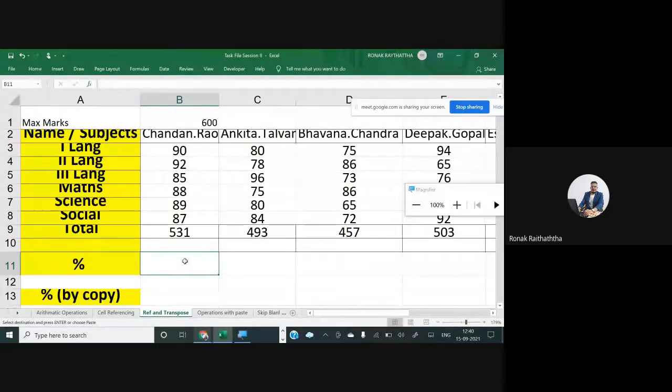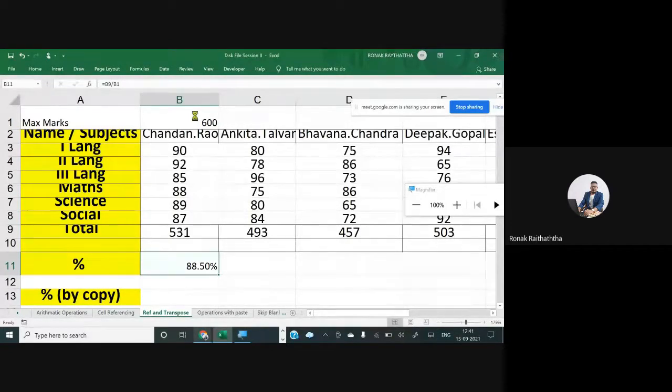But beta, there is a reason behind it. One function is attached therewith. Let's move ahead. We can find the percentage by using the sign of equals to, we are linking this cell B9 where the total is mentioned, that is to be divided by the 600 which is B1. So B9 divided by B1, I am linking those cells right now, which is relative in nature. Relative reference is given. Press enter. The percentage sign is already applied. We did not do that.